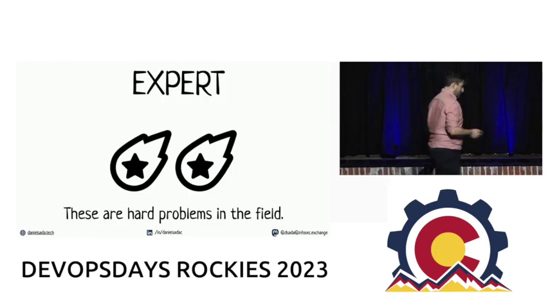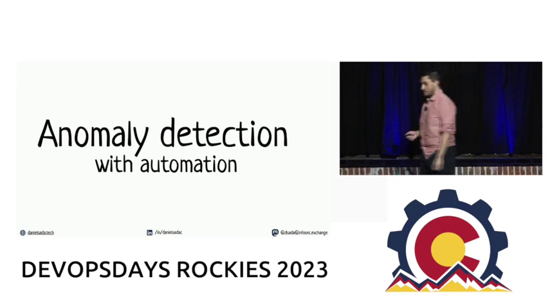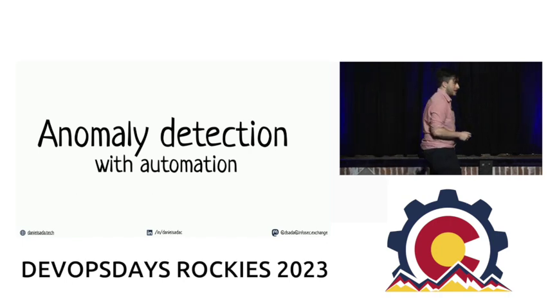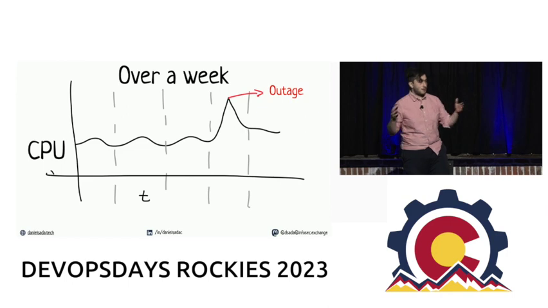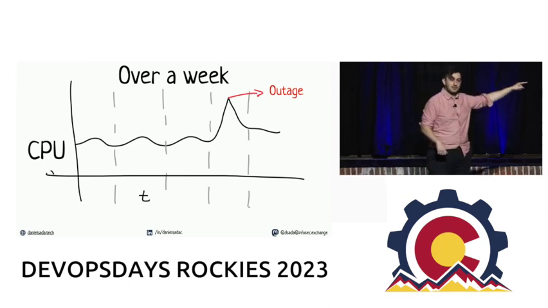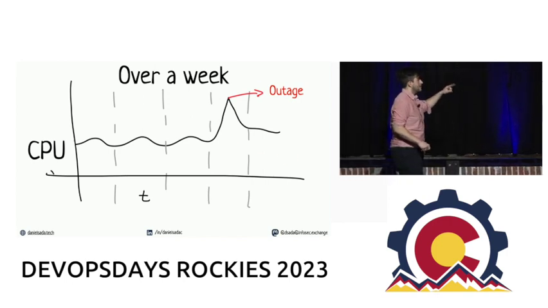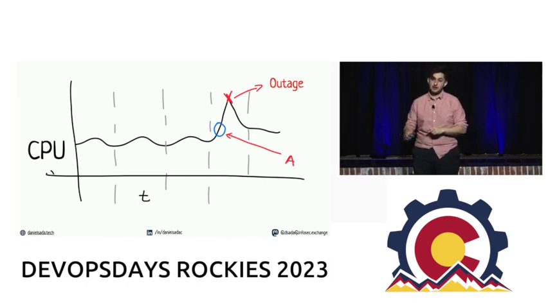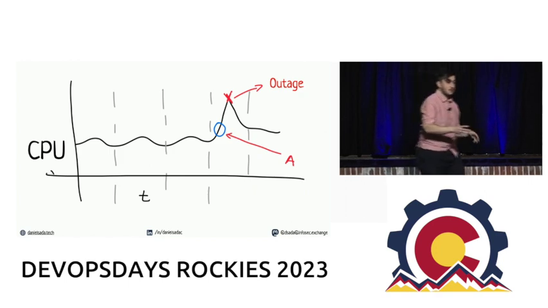Let's talk about expert mode. And in these ones, these are expensive things. You probably shouldn't try unless you know what you're doing. They're expensive and complex. So anomaly detection. If you have a good set of data of how your outages happen and how the graphs of your outages happen, you can apply machine learning and statistics to figure out what happened before that or whether that's going to happen again. This also happens a lot in manufacturing.